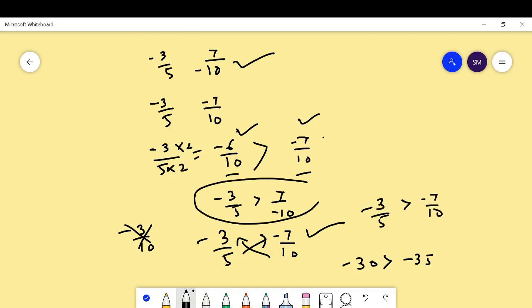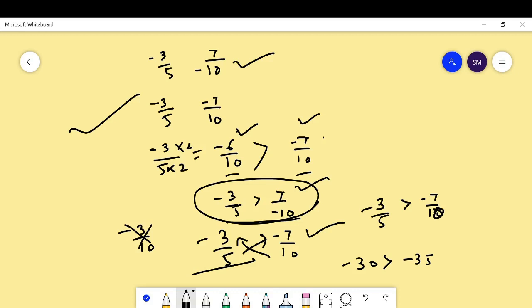Here by the same denominator method, we get minus 3 by 5 is greater than 7 upon minus 10. Here also, by applying the cross multiplication method, we get minus 3 by 5 is greater than 7 upon minus 10. In both cases we get the same answer. This is the cross multiplication method, and this is the same denominator method. Here we solved the comparison. This is how we compare two rational numbers. Then